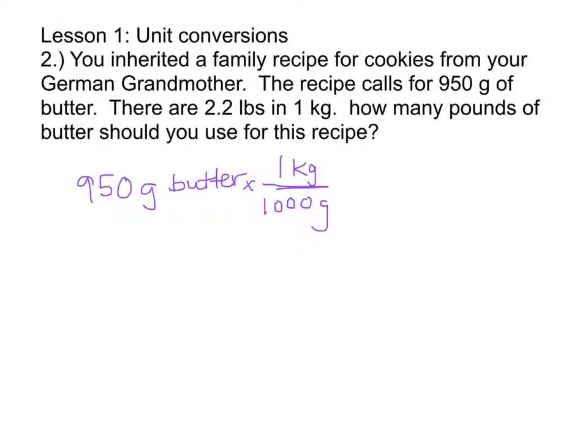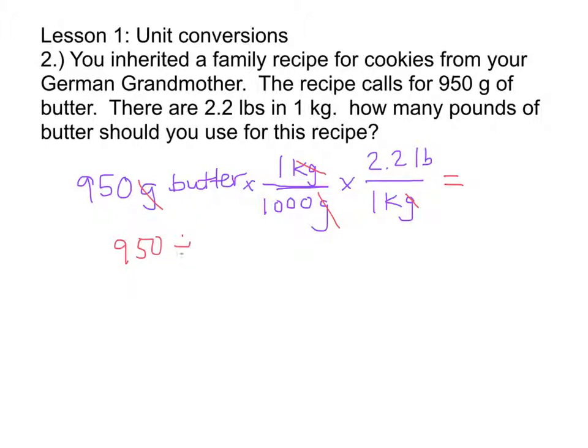And next, we're going to convert from kilograms to pounds. So in 1 kilogram, there are 2.2 pounds. Okay, so again, we can just go ahead and do this conversion. Our grams cancel out, our kilograms cancel out, and we're left in pounds. And remember, the order of operations doesn't matter, so you can just simply put in your calculator